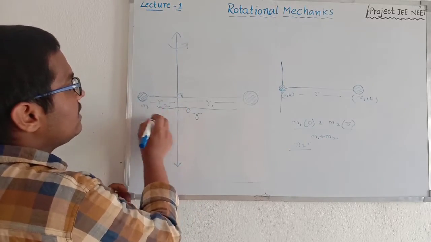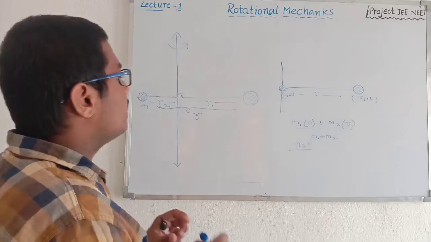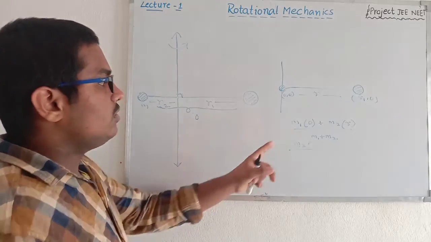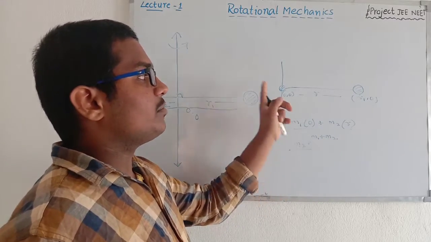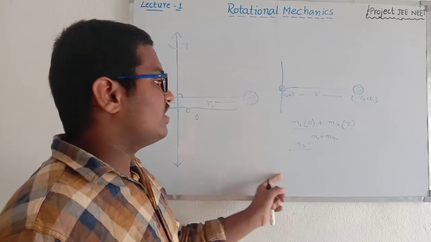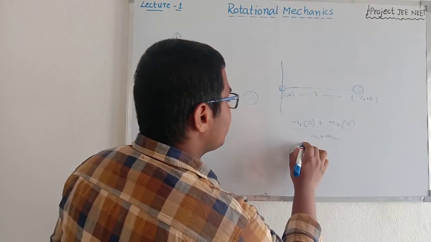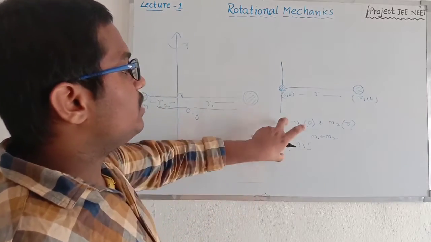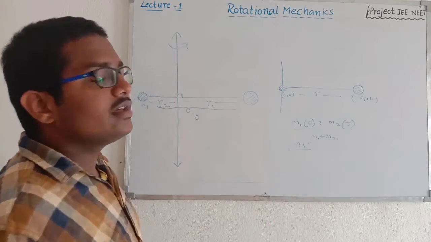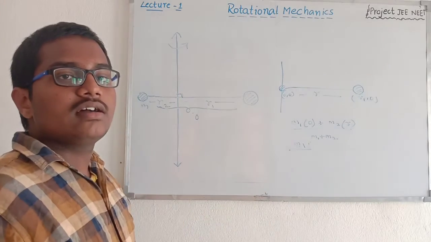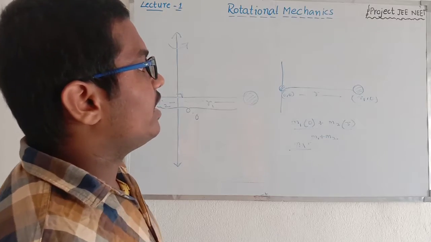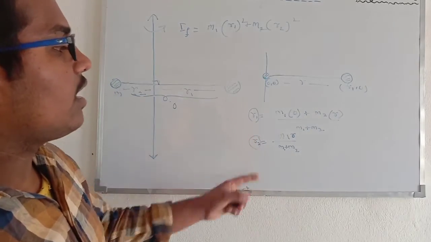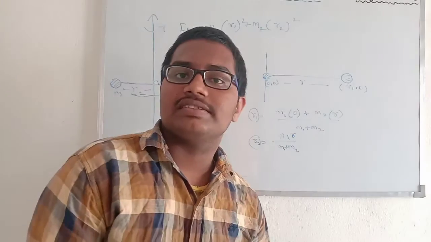We have deleted the r1 and r2 terms and given that in terms of r, small r, which is r1 plus r2. So m2r by m1 plus m2 is for mass 1 and m1r by m1 plus m2 is for the second mass. Then by using this, we are going to calculate the final moment of inertia. So up to here, note it, and then we will continue the further calculations. We got r1 and r2 in terms of masses and radius.